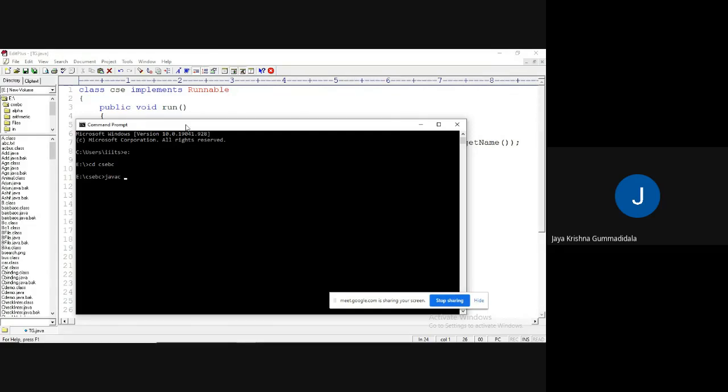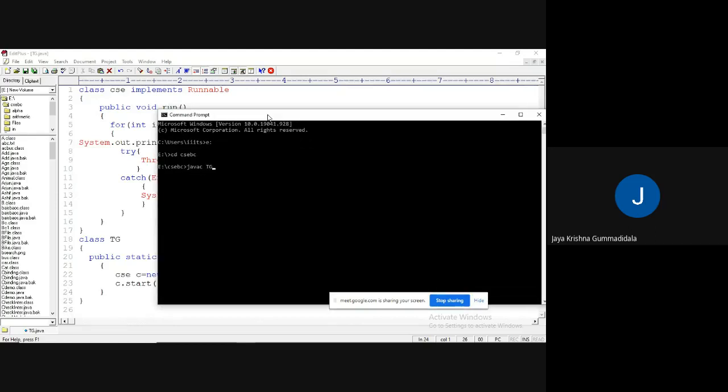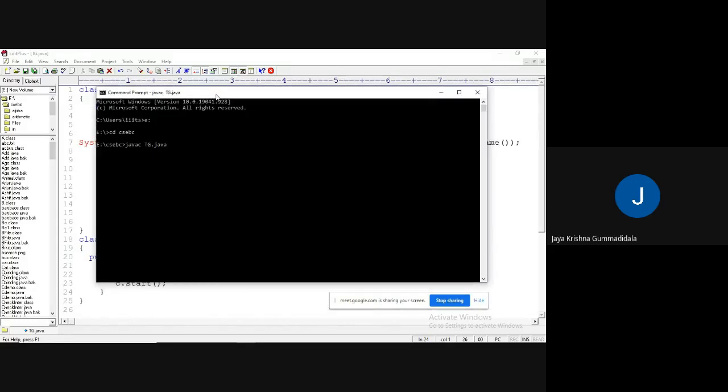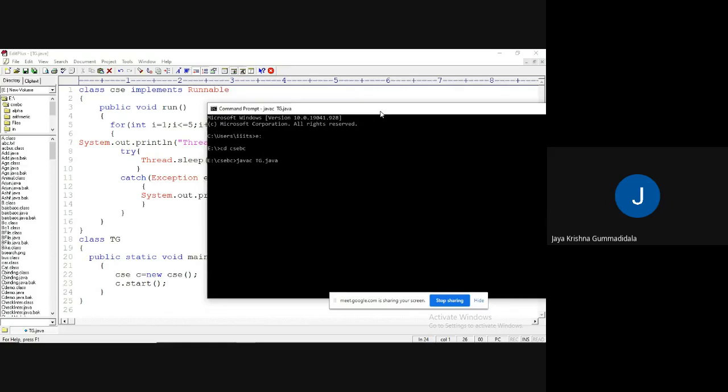Space. The method name is the class name is teacher. Dot after. What will happen? There is no start method in the Runnable interface. So that is the reason. What you need to do? I have shown the example here also. So I need to pass the Runnable interface. See, cannot find symbol start method.